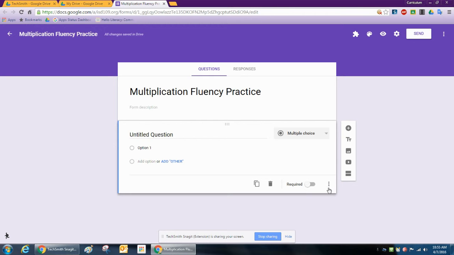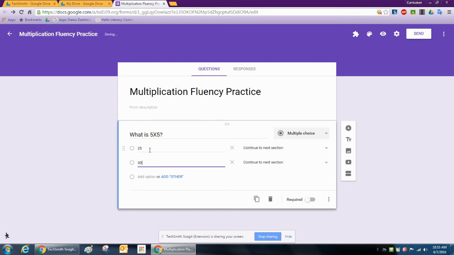And then I'm going to go to these three little dots in the corner, and I'm going to select Go to Section Based on Answer. I'll also need to have sections that follow. So I'm going to add my question, just to make it a simple 5 times 5. Option 1, 2,